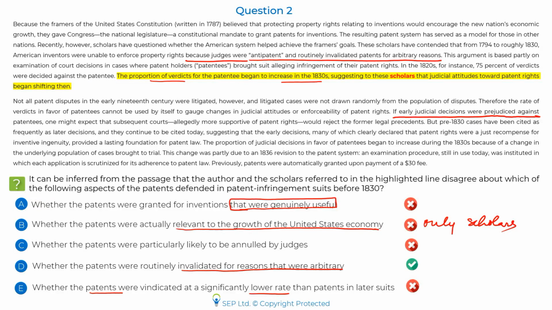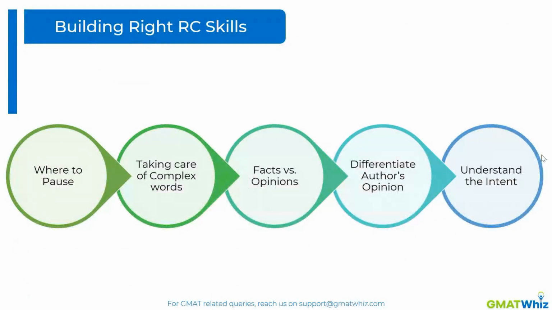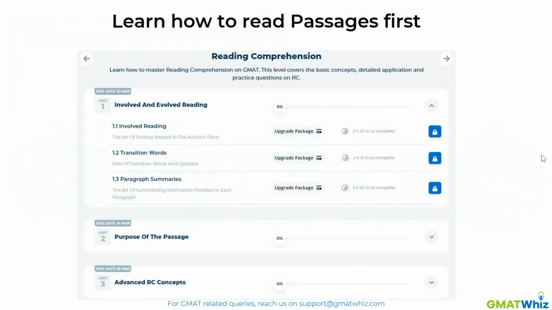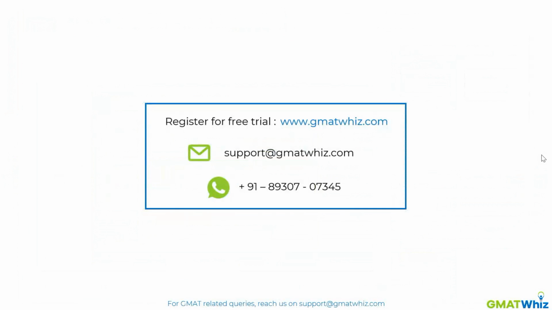And once again, let me point out to you that building the ability to read in an involved and evolved manner needs time. You need to develop the right reading and comprehension skills, small things: to pause and read, to note the words which you don't know the meaning of and understand them, to be able to differentiate between facts and opinions, and between whose opinions we are talking about. And finally, to be able to summarize. All of this matters, and this takes time. So give yourself the time that you need, guys.